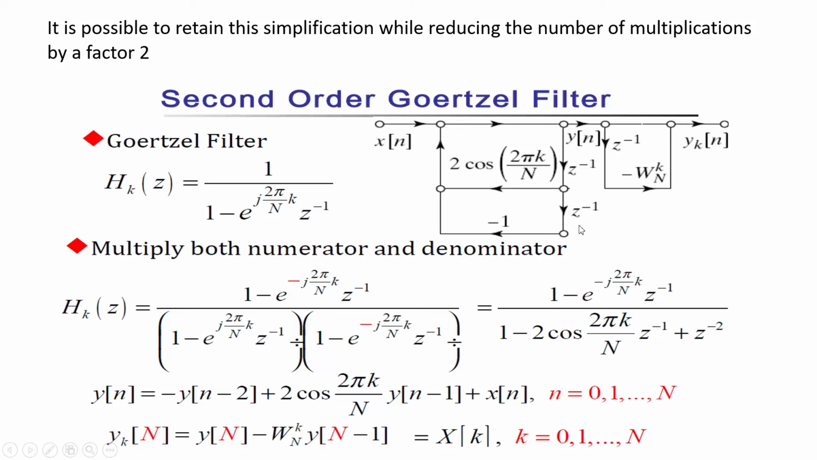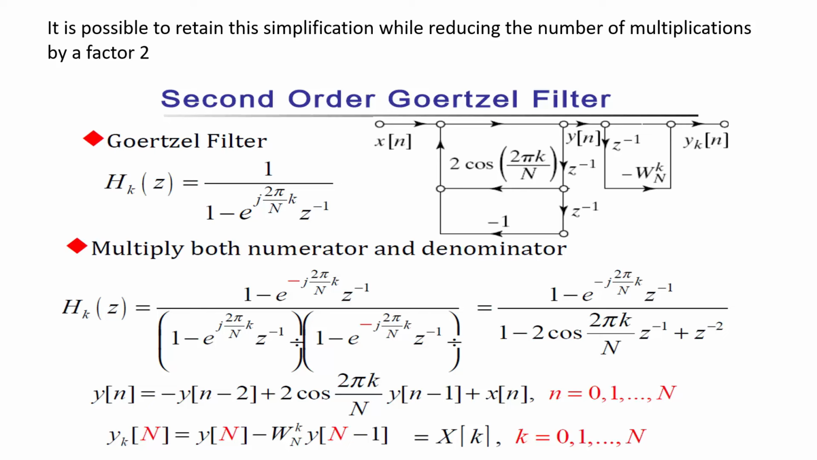If we draw the structure for this filter, it will have this structure, because if we write H k of z as Y of z over X of z and cross multiply, we will get this difference equation. Using this difference equation, I can draw the structure for this second order Goertzel filter. When I put small n equal to capital N, I get the value equal to X k, as we were doing in the case of